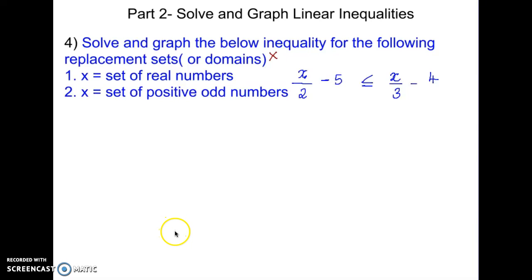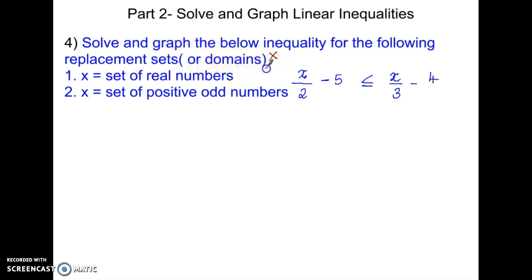Hi, this is the second part of the video where we learned how to solve and graph linear inequalities. In the first part, we explained the rules and did some simple problems. In the second part, we're going to do more problems that deal with fractions. So here, this question says, solve and graph the below inequality for the following replacement sets or